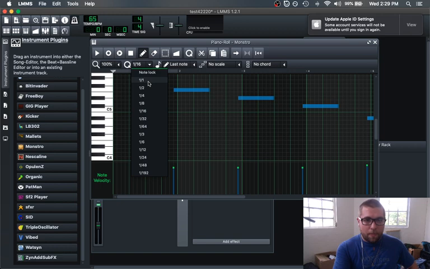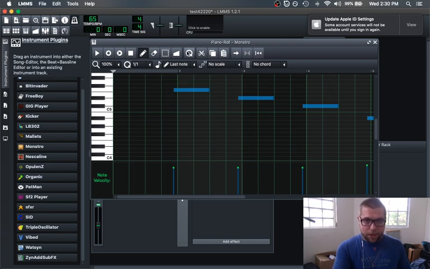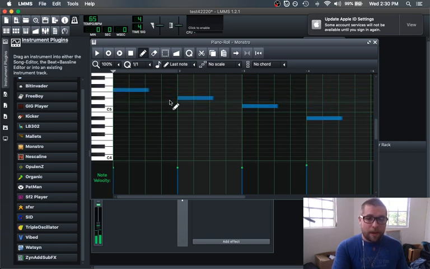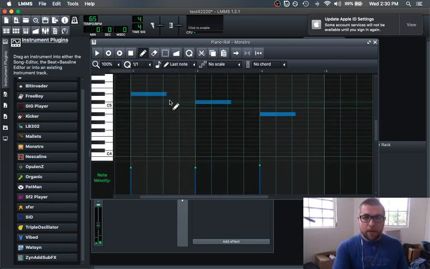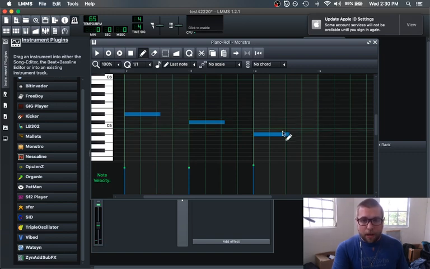I just go to 1-1, meaning one note per measure is going to be quantized to that 1. So I click it, just press Q. Now everything is brought to that 1. I'm going to bring this to the beginning since I waited a bar before I started recording. And now I've created a 4-bar loop.